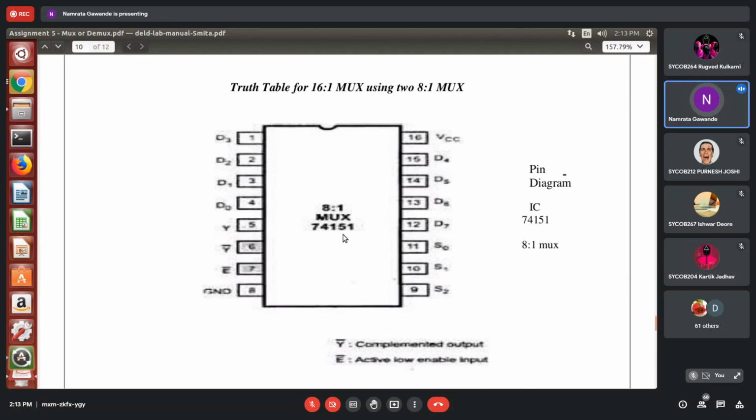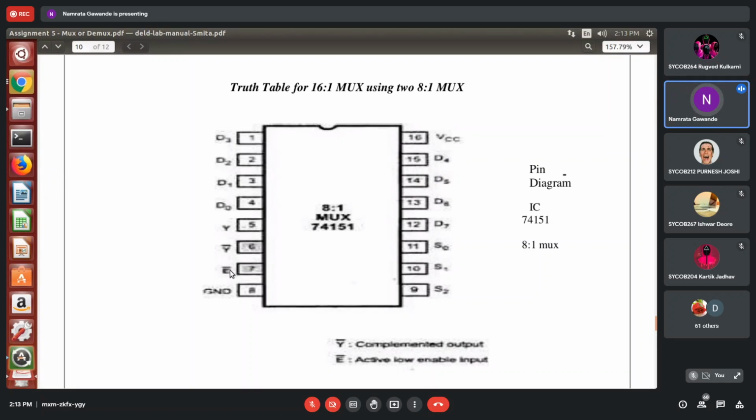Okay, so it is 8 to 1 mux 74151. You can see that this is the 16 pin IC, pins 1 to 8 and 9 to 16, where 8 is connected to ground and 16 is connected to VCC.